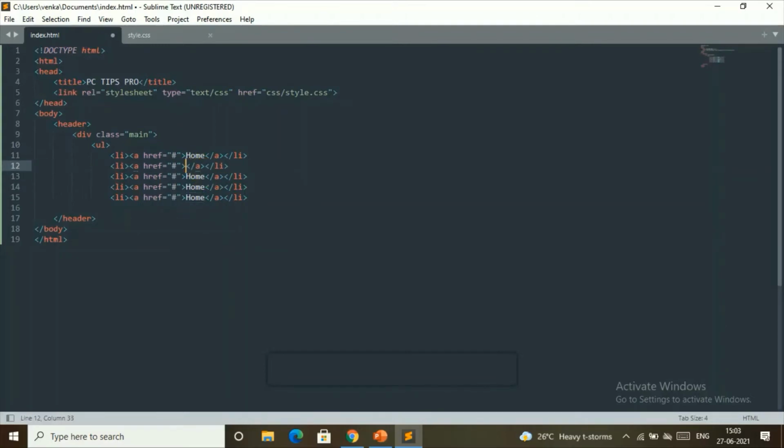So just remove this and give Services, and my third menu item will be Gallery, and my fourth one is the About page, and my last one will be the Contact page. So this is how it is done.